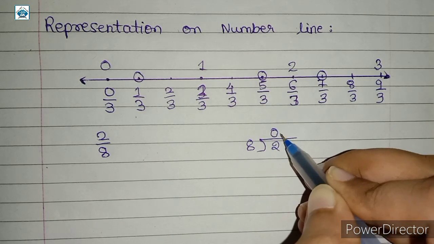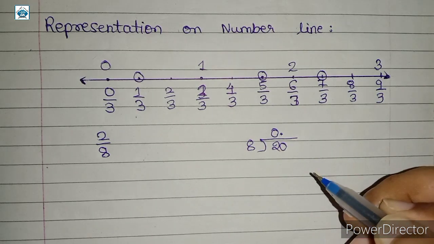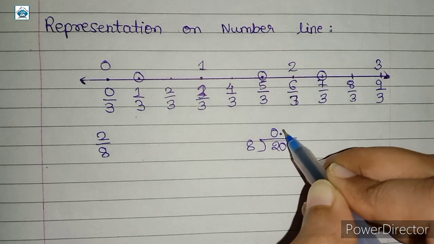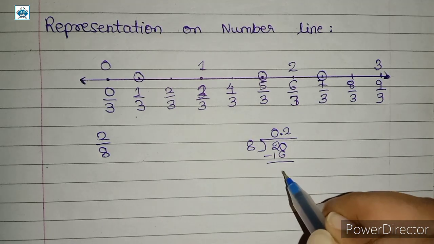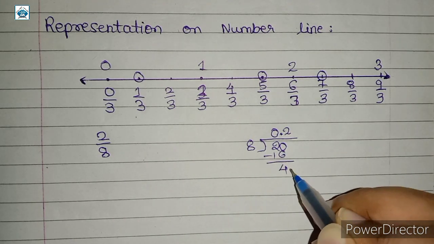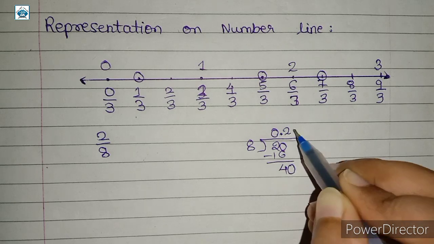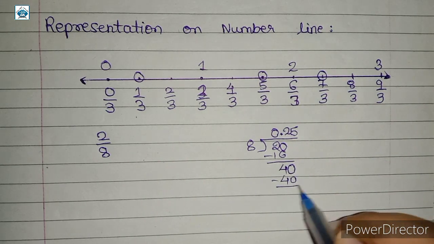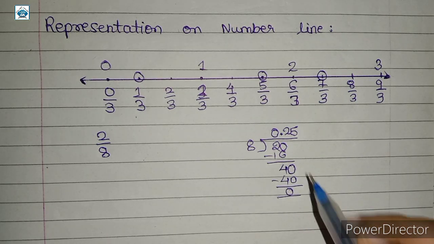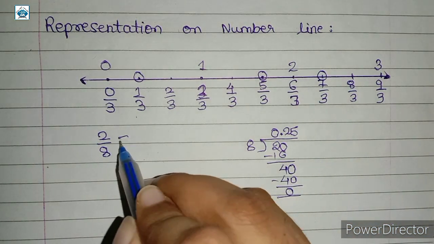So 0 point. So this becomes 20, and the closest is 2 eights are 16, minus 16. We are left with 4. So here comes 40, and here we have 5. So minus 40, and the remainder is 0. So we can say that 2 by 8 is equal to